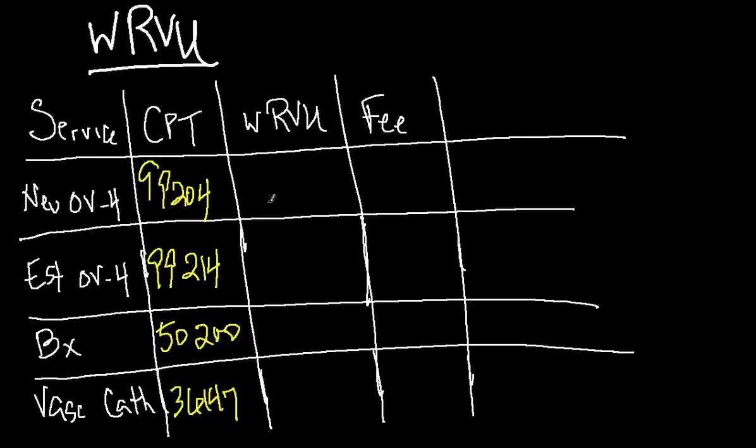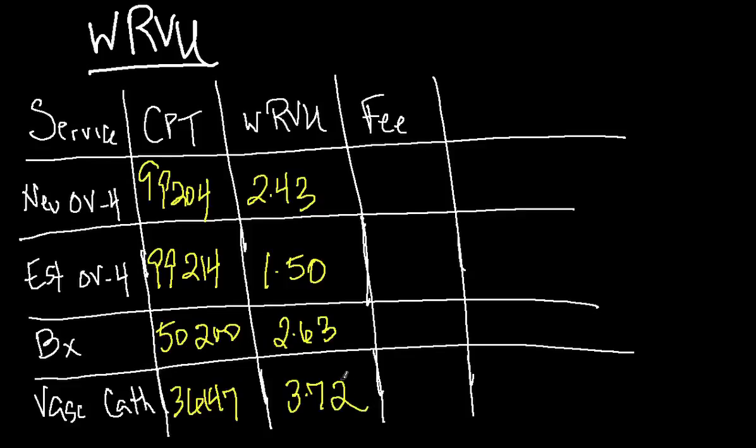But for the sake of this tutorial, I'm just going to jot down what the wRVUs are for each of these procedures or services. It's 2.43, 1.50, 2.63, and 3.72. Alright, so that's the wRVUs for 2013, and I'm also going to show you the fees that